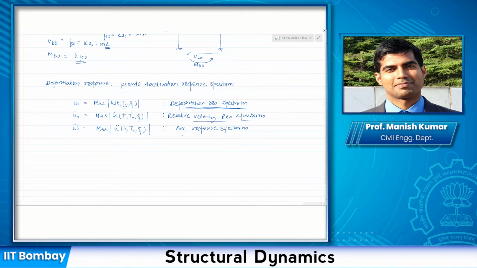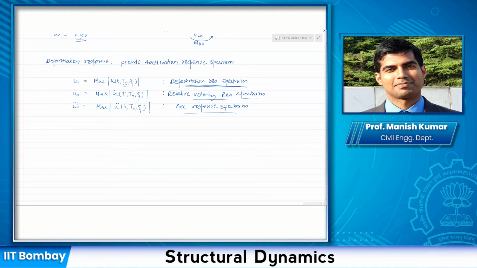And the total acceleration response spectrum is important because many times it helps us in finding the acceleration on sensitive equipment and components inside a structure. But what is important to us is actually pseudo acceleration. And as I've told you, my pseudo acceleration is related to the relative deformation as A equals omega n square times U naught, isn't it?